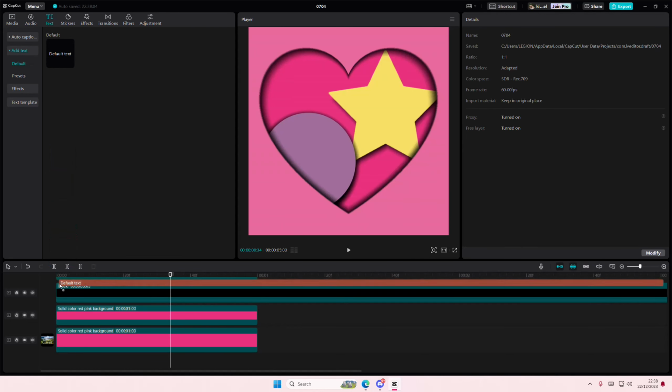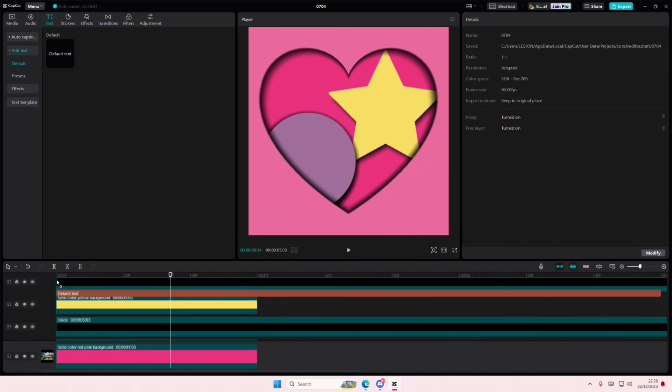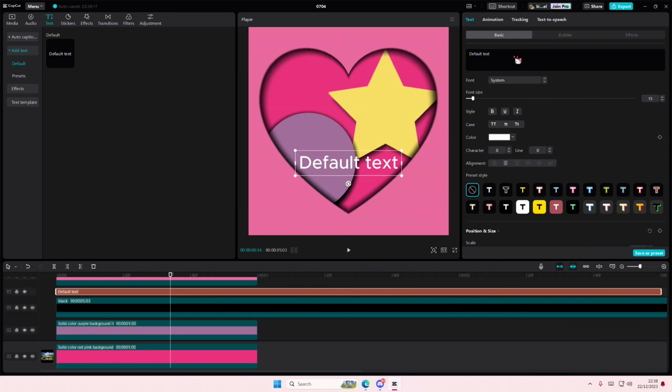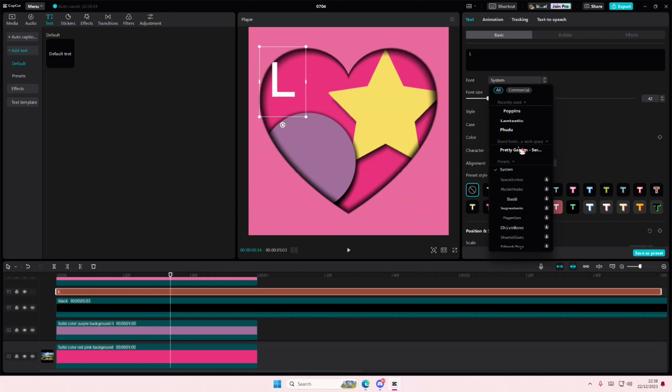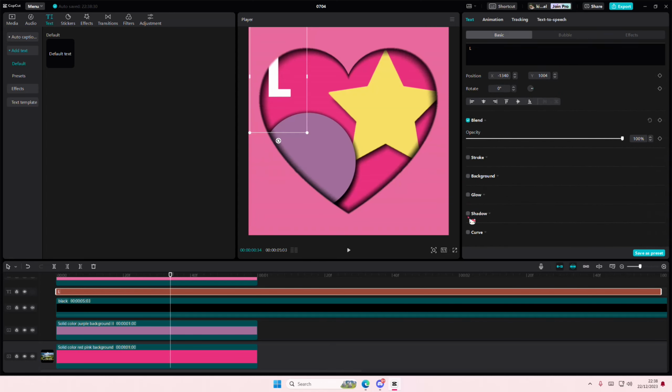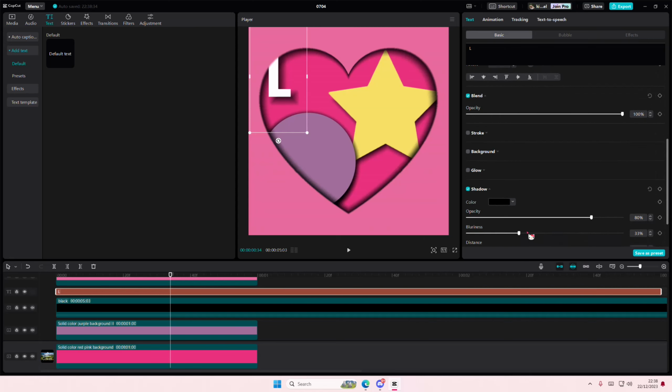And you can also do that with the text as well. I'm just going to place it above the purple circle, and I'm just going to type in love. But I guess one by one, I'm just going to place it in random spots here. Also going to change the font as well. And again, you can add in a shadow, but now you can easily add it here. You don't have to